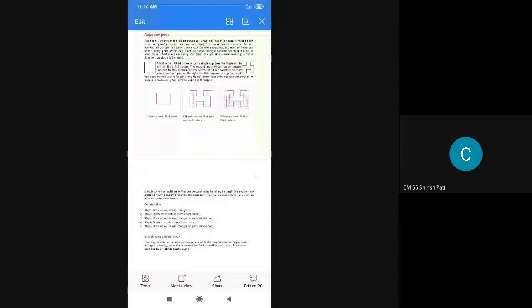So we need to study the concept of the equilateral triangle. The angle of an equilateral triangle is 60 degrees here. This is the property of your equilateral triangle. Basically, the Koch curve is a fractal curve that can be constructed by taking a straight line segment and replacing it with the help of some multiple line segments to form the curve. Here, the line segment in the pattern is replaced by the same pattern.